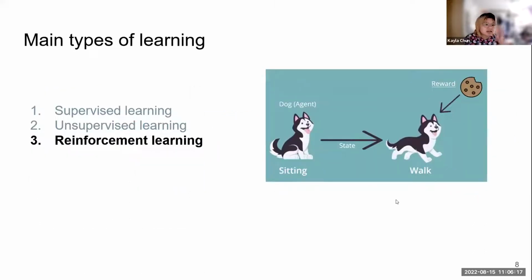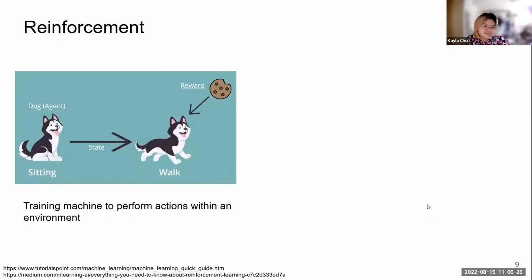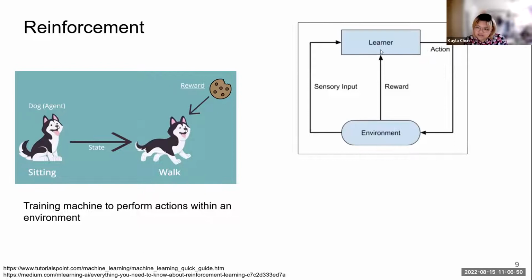And then lastly, reinforcement learning. It's kind of like dog training. So here's this dog. In which case, let's imagine the dog is the model or the machine. It can go between two states, sitting and walking. And based on the environment, let's say we want it to walk. So when it's walking, we give it a reward so that next time it knows in this environment you should walk. And that's kind of how the process of reinforcement learning works, is the machine does an action in a